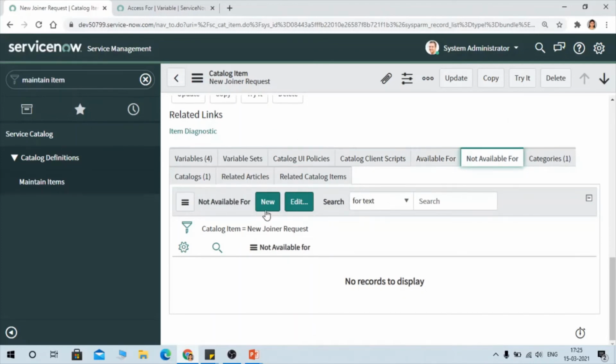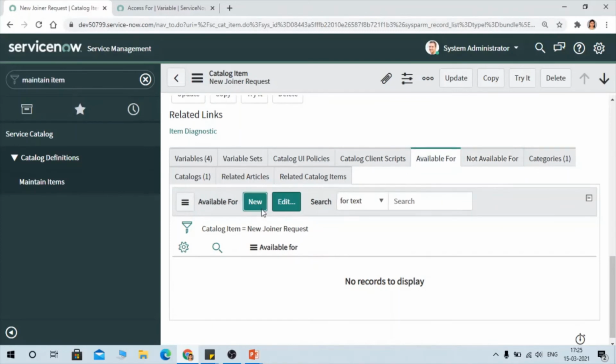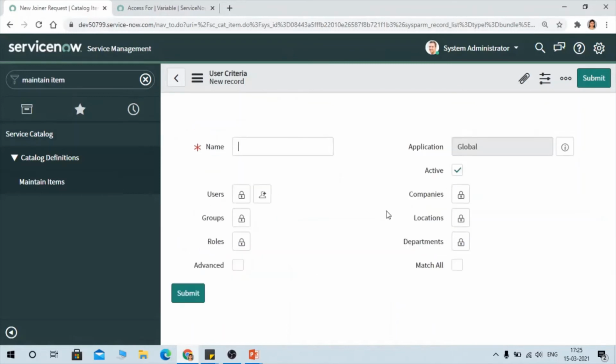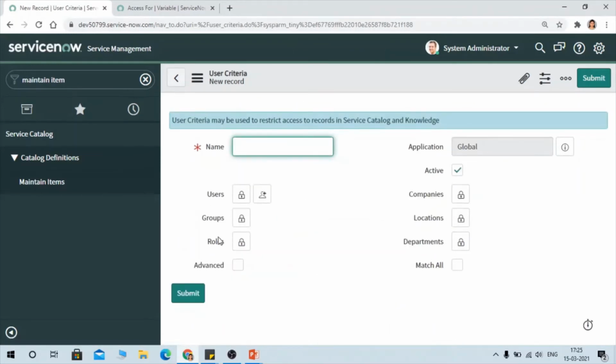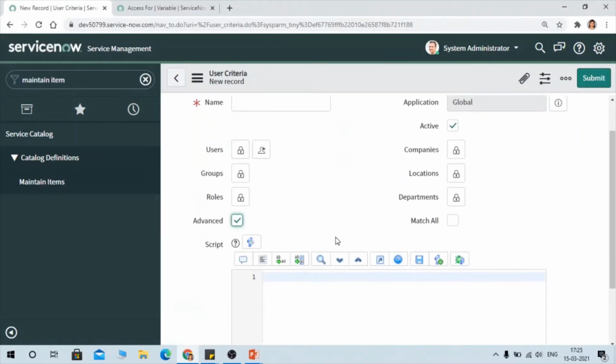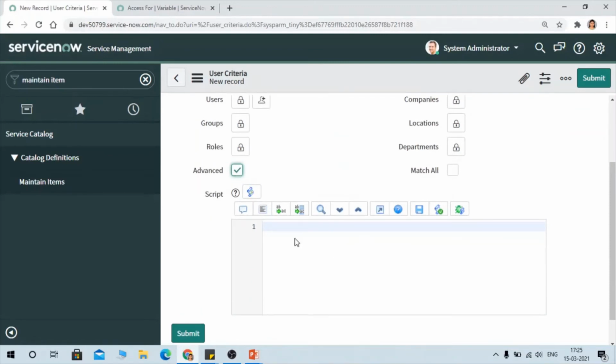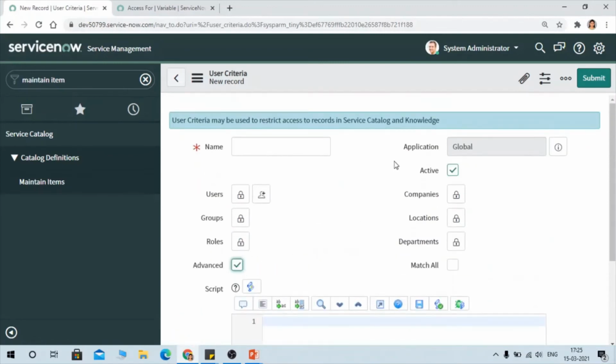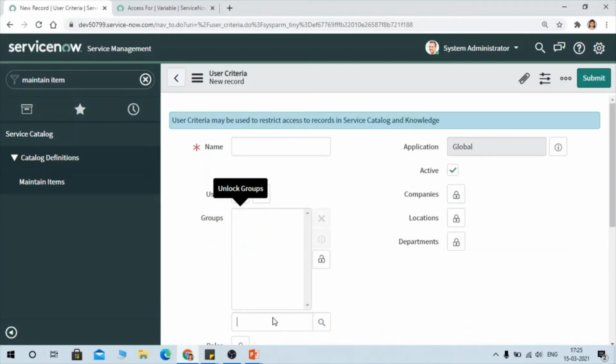So you can create a user criteria, and you can restrict this catalog item based on the user, group, or role, and you have the option to create a script also. So you can have some code under this script, and you can create this user criteria and add it to that catalog item. If you want to show this catalog item only to some group, you can have this group information here.